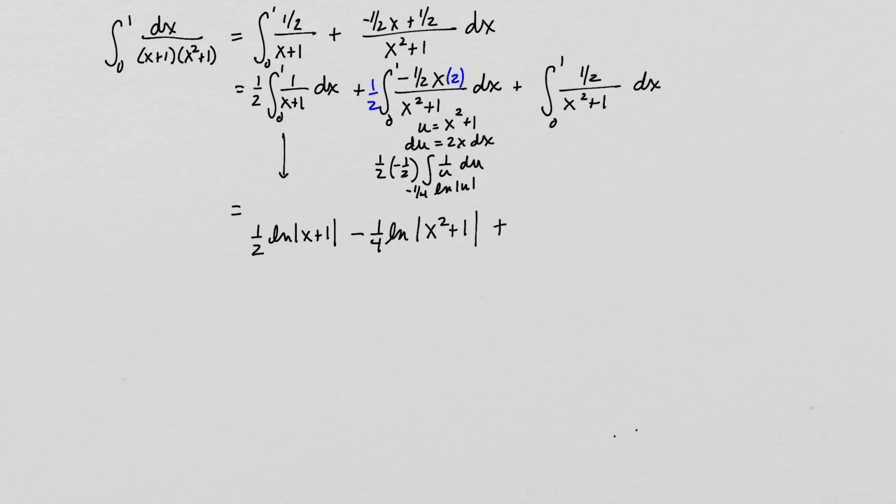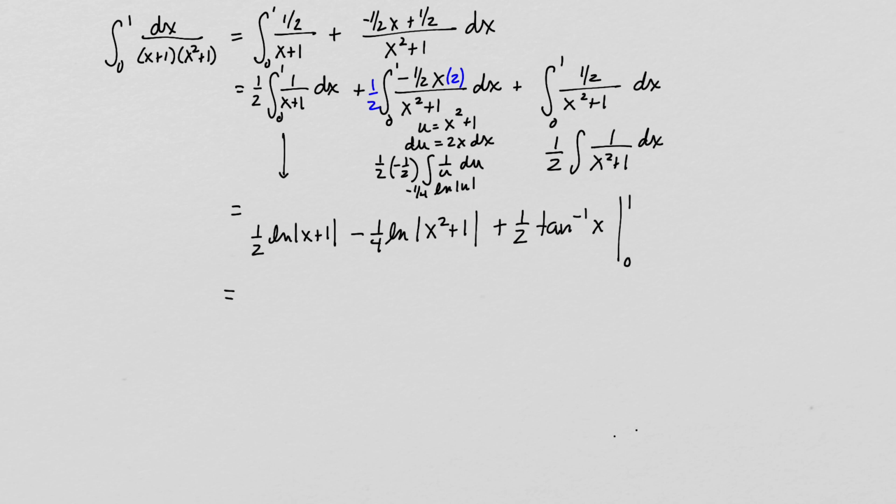And then finally, the last integral, you could do a trig substitution on it, but it is just the definition of the inverse function of one of the inverse antiderivatives. So this is 1/2 the integral of 1 over x squared plus 1 dx, and the integral of 1 over x squared plus 1 is the inverse tangent. So this is going to be 1/2 the inverse tangent of x, and then we're going to evaluate it